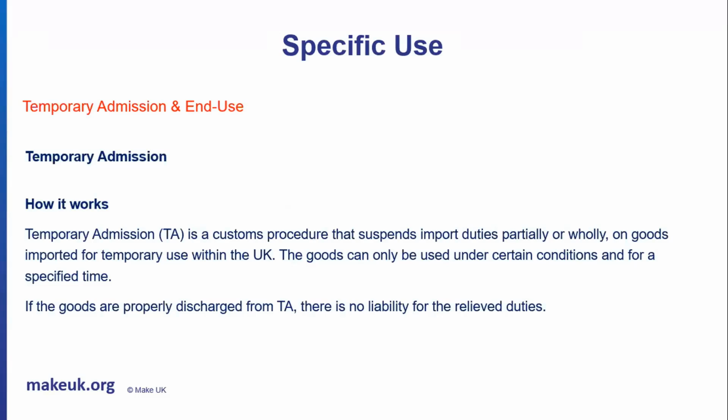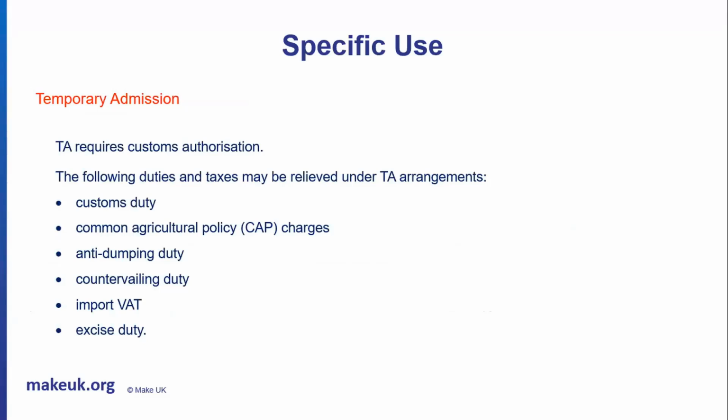If you think about goods that are arriving in the UK, for example, for an exhibition of some description, works of art going into an art gallery for 6 months to be shown and demonstrated. Those goods were never actually intended to remain in the UK. You can import those under temporary admission, providing you re-export them, given the conditions that you've agreed to with HMRC. And note that the duty is suspended, providing the goods are re-exported, then there's no duty or VAT to be paid. It does cover all of the usual